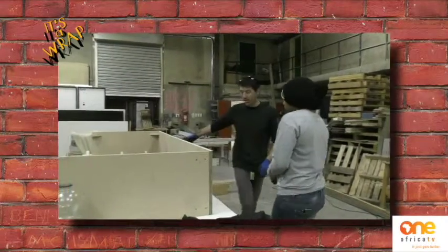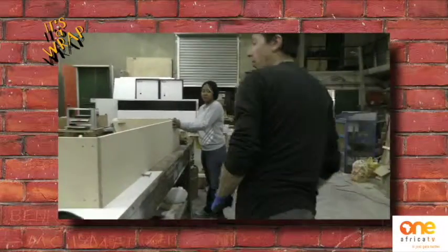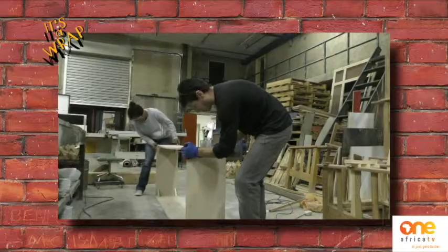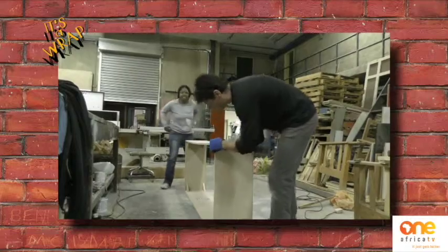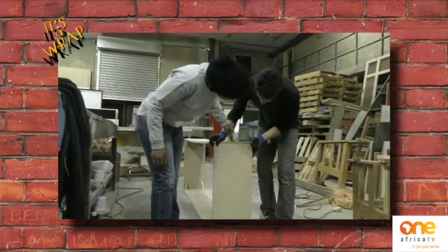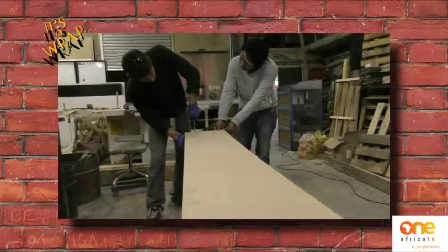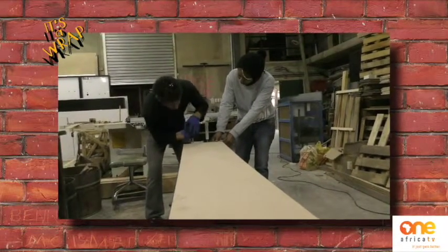So, if you want to come this side and grab that end for me, put this on the floor, and then we can take the other side and put it on top. And we're going to start putting this together like this. So you want that level. In the long run, we'll use a thinner screw. It just helps improvise with the pilot hole,